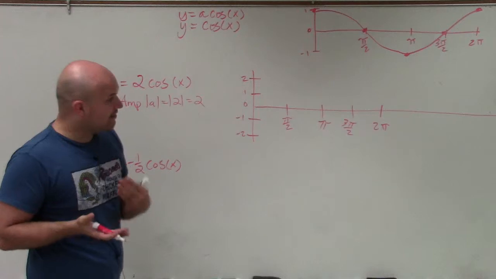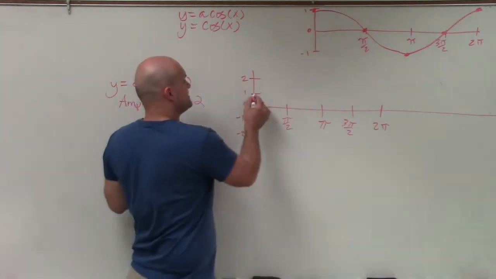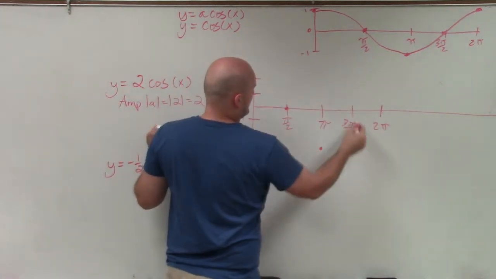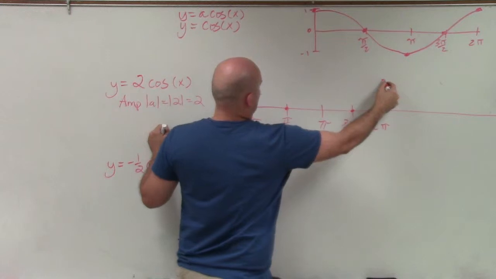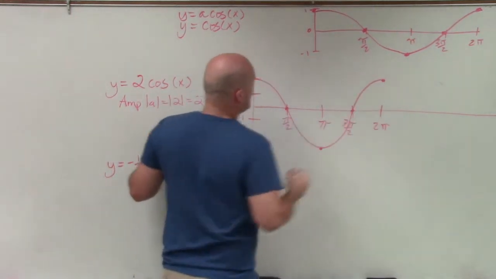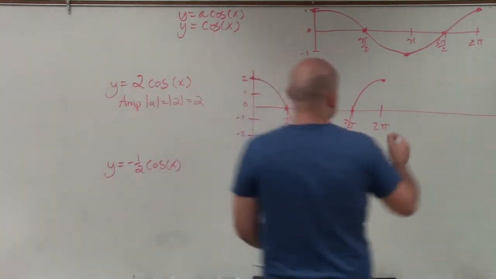So therefore, now here's the exact same graph. You can see the x scale is exactly the same. But now instead of starting at 1, I'm going to start at 2. It's going to cross at pi halves. It's going to go down at pi, cross at 3 halves, and then come up. OK? And there you go. Looks like the exact same graph. And now if I just continue that,